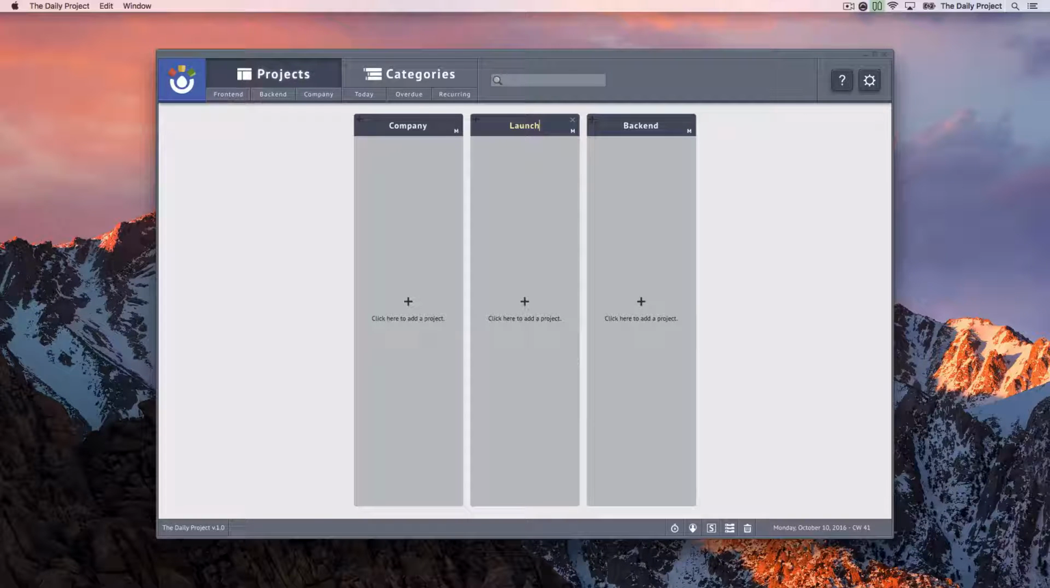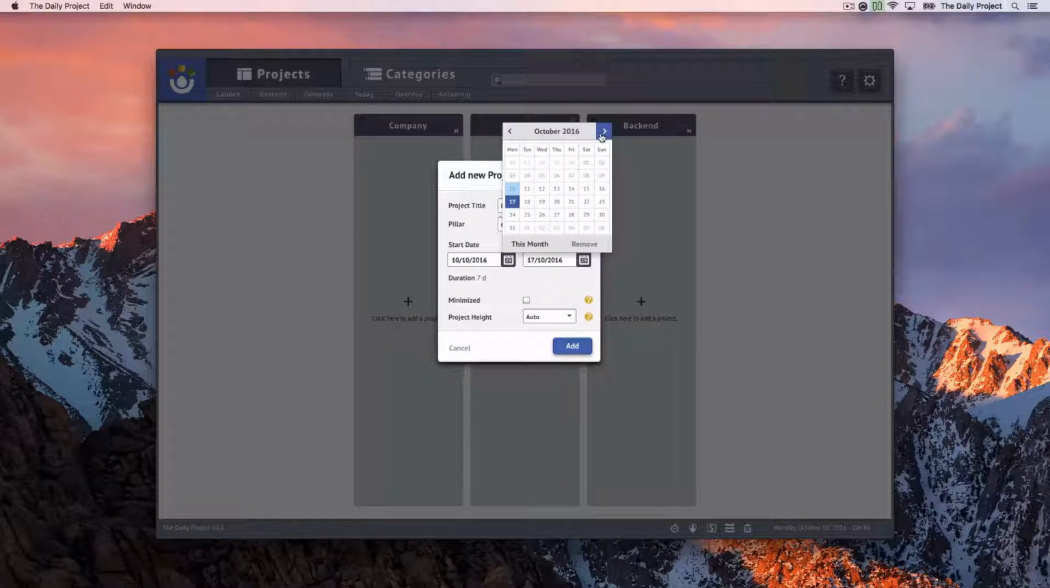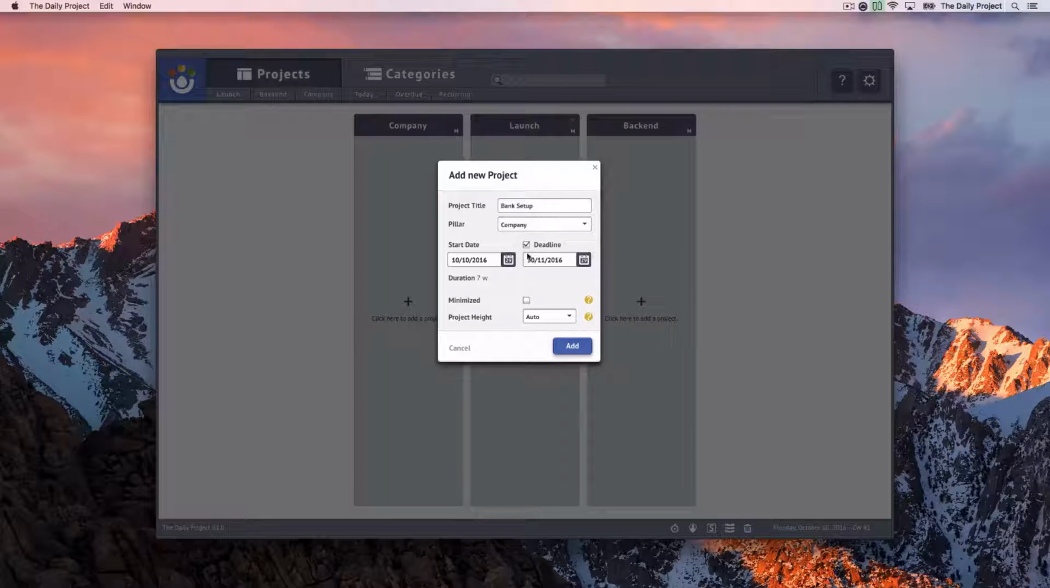Now that we have pillars, let's fill them with some projects. Click the center of the pillar to bring up the New Project dialog. You can assign it to any pillar you want and set your start and end date. Not all projects need deadlines, but we'll get into that later. You can also make the projects minimized if they're not important yet, and we'll see how that looks in just